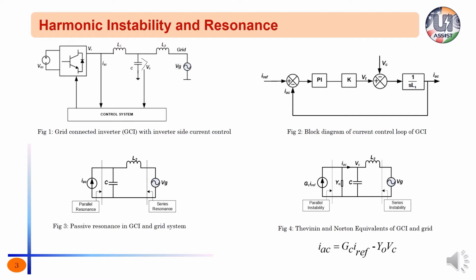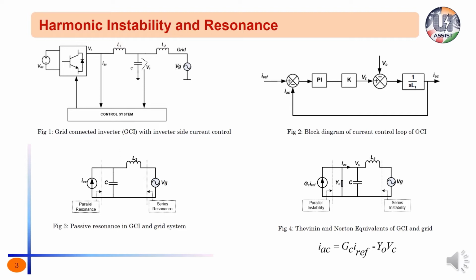In figure 3, all the elements were passive, and hence damping offered by figure 3 will be either 0 or positive. Meanwhile, in figure 4, inverter output admittance Y0 is a function of control loop parameters plus passive elements of its filter elements. Therefore, Y0 is no more passive, but it will behave as an active admittance. So, apart from zero damping and positive damping, Y0 can also offer negative damping, which is as good as amplification.